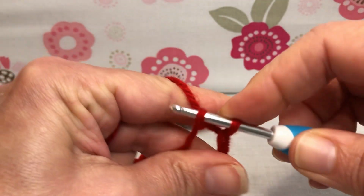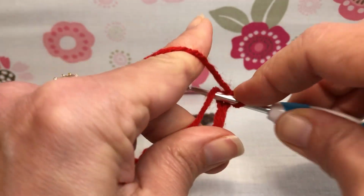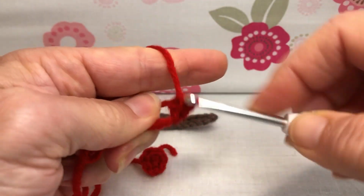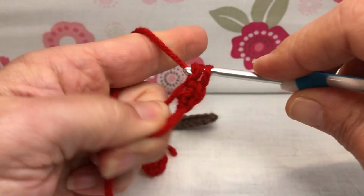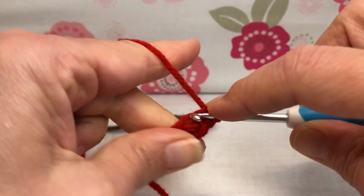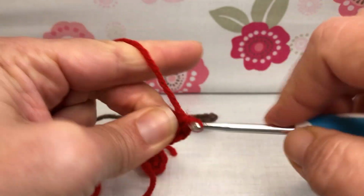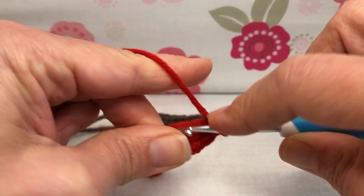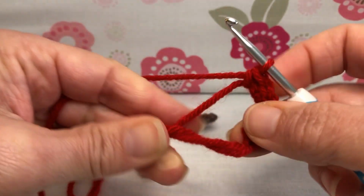Enter, yarn over and pull through. Yarn over and pull through 2. Go in again, yarn over and pull through. Yarn over and pull through 2. That's 2. This is 3. Try to keep them the same. 4, 5, and 6. Okay, give it a little tug on the tail,